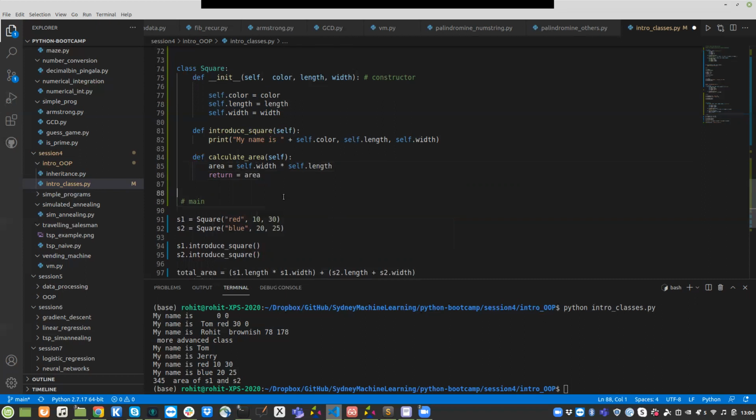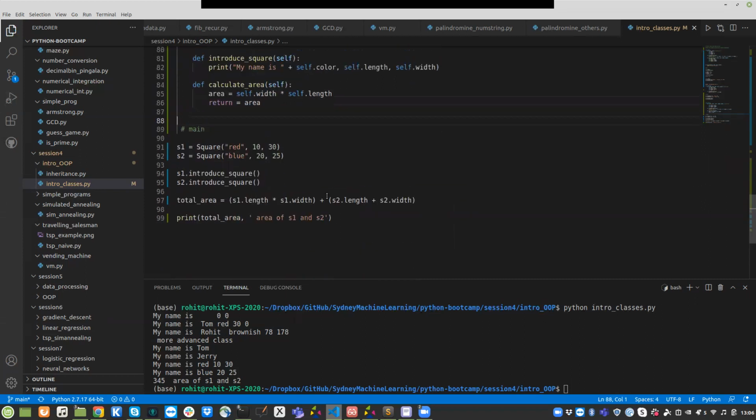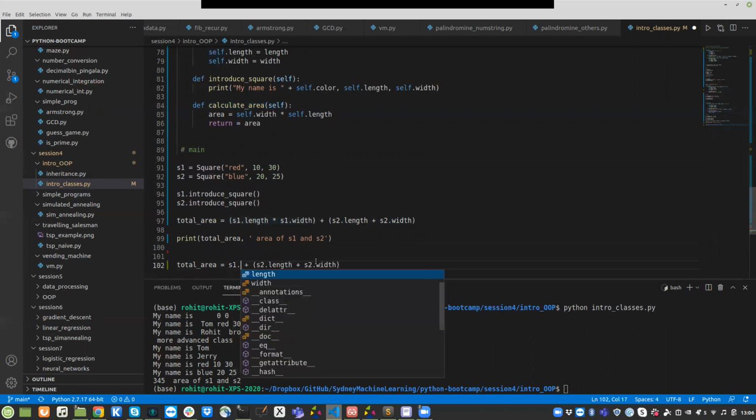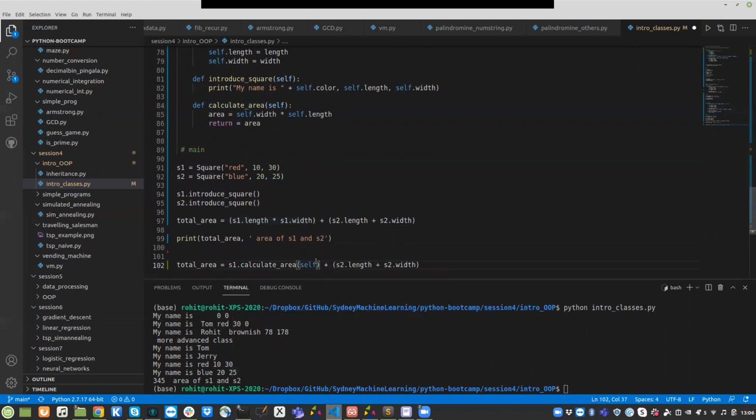Okay, I have another meeting now, so I would have to run. But basically, this returns the area, and then we can say that the total area is this. Call this. So we just say s1 dot total area,